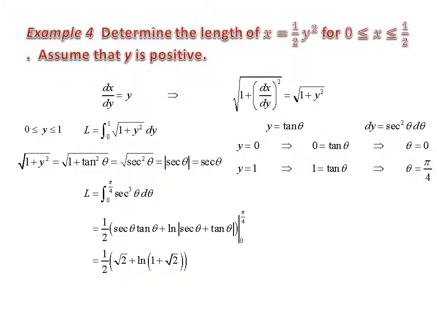And finally we get the equation L equal to the integral from 0 to pi/4 of secant cubed theta d theta. We substitute the values inside the equation. Finally we will get the answer 1/2 times (square root 2 plus ln(1 plus square root 2)). So now